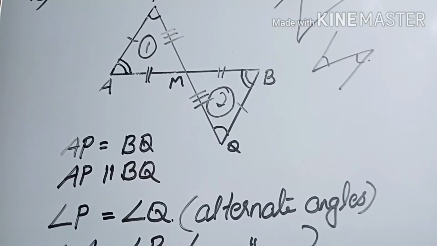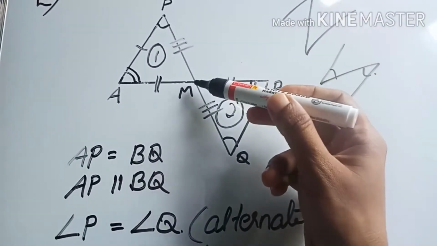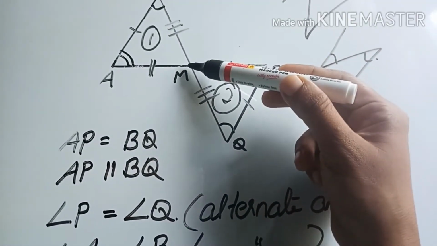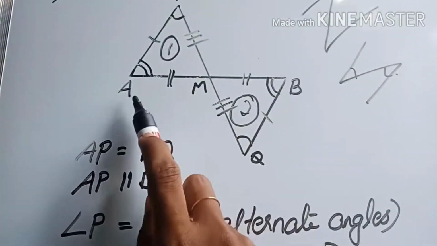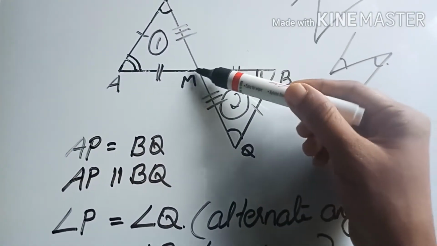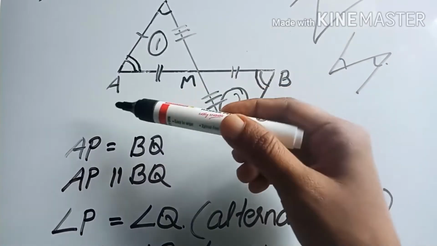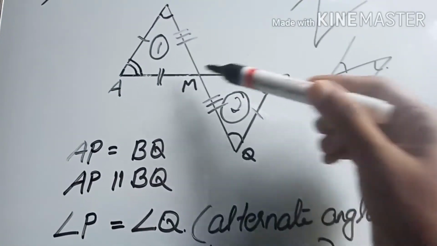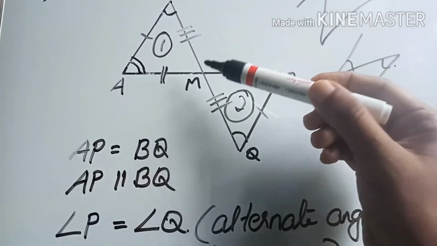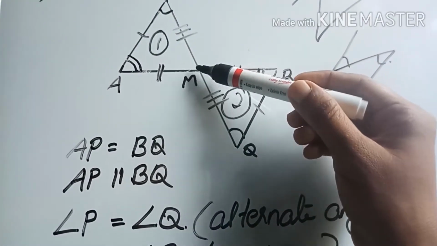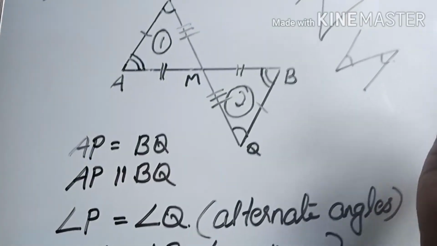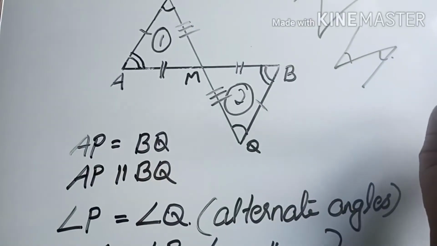Now the second sub question is, what is the speciality of M in the line AB? Here we can see that AM and BM are equal. So from this point towards the left and towards the right, both are equal. That means M will be the midpoint, the exact middle point. Then only we will get both sides as equal. So the answer to the second sub question is: M is the midpoint.